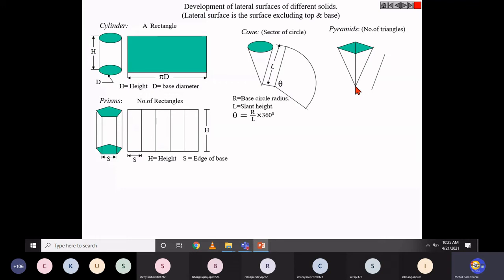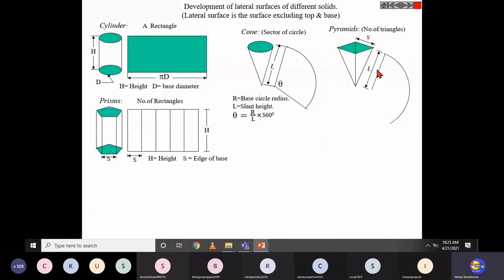From this point, you locate the center, and parallel to this slant length, you construct a line equal to the slant length, and with that again you construct an arc. We don't know how much we have to proceed. Simply construct an arc by keeping this as the origin and this as the radius. L is the radius in this case.